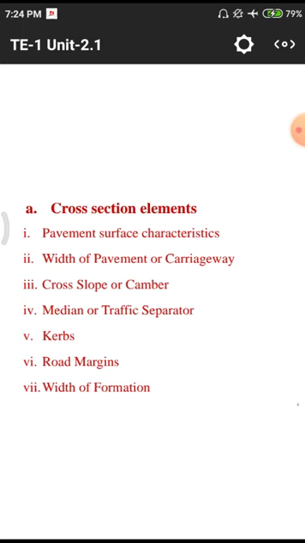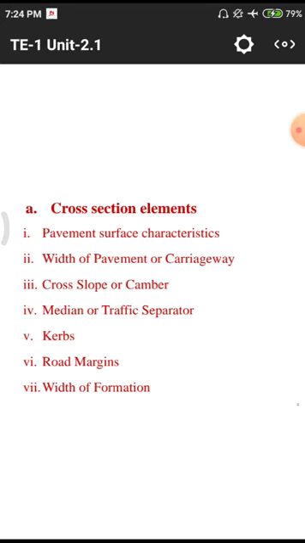That means if the surface is so smooth, there are no brakes to the vehicles. That means when we are applying a particular brake on a particular road, slipping occurs on particular pavements due to these smooth and other characteristics. So we need to mainly focus on pavement surface characteristics.